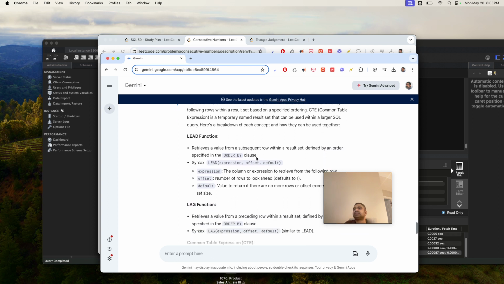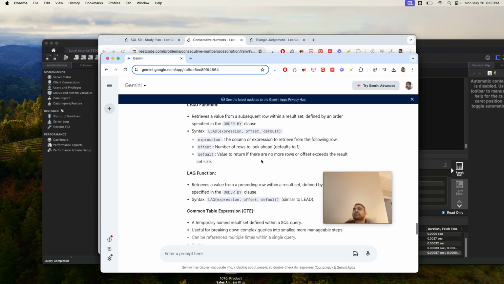Lead retrieves a value from subsequent rows within a result set defined by the order specified in the ORDER BY clause. Lead takes expression, offset, default. The expression is the column to retrieve from the following row,